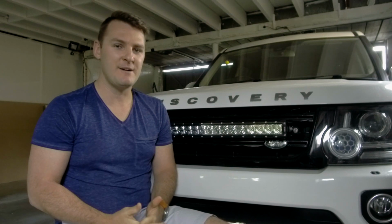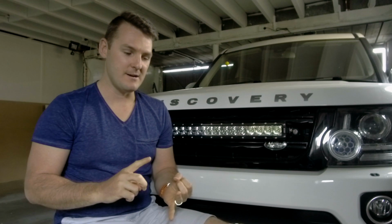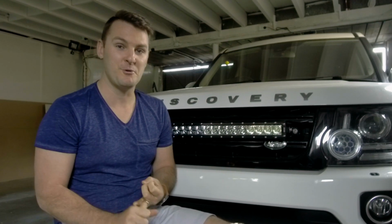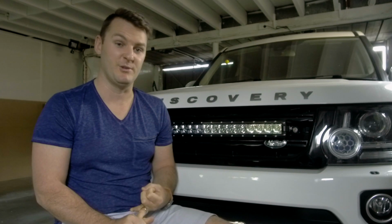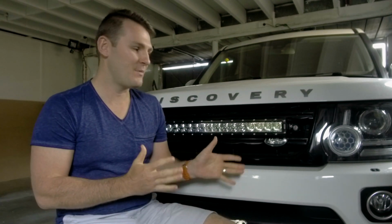So what I want to do, and my focus, is to have this Discovery drive exceptionally well, have enough power to be able to tow a camper trailer or a boat. Not that I have a boat or a camper trailer at the moment, but I wanted to keep it looking the way it is. Not with massive tyres or mud tyres or roof racks and Max Tracks hanging out all over the place, and big exhaust systems and big snorkels,